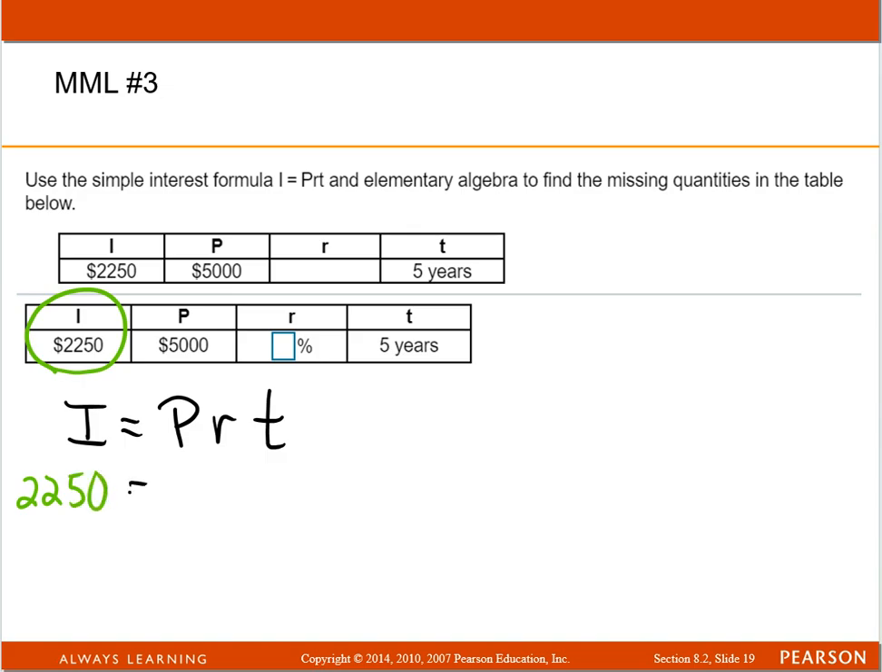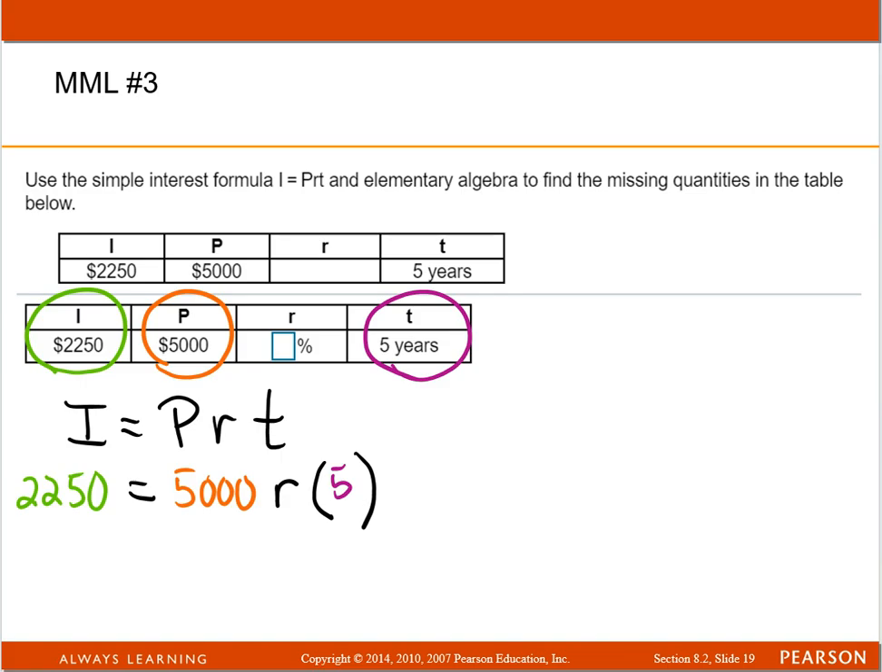2,250 equals, my principal is 5,000 times R, but I don't know R, so I'm just going to leave R there, times the number of years, and the number of years is 5. Now,